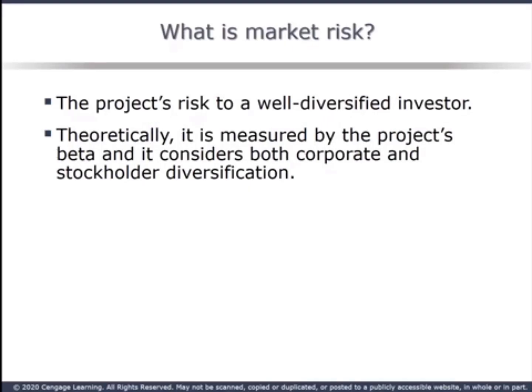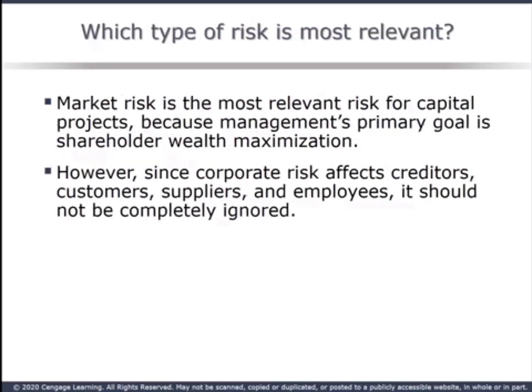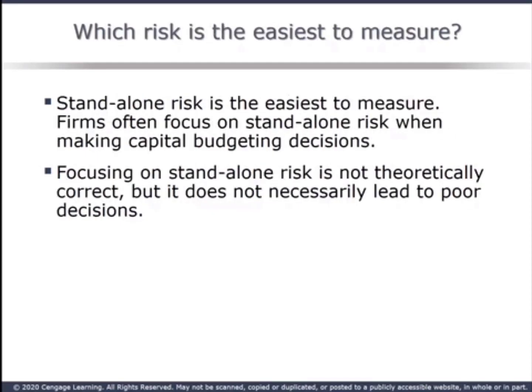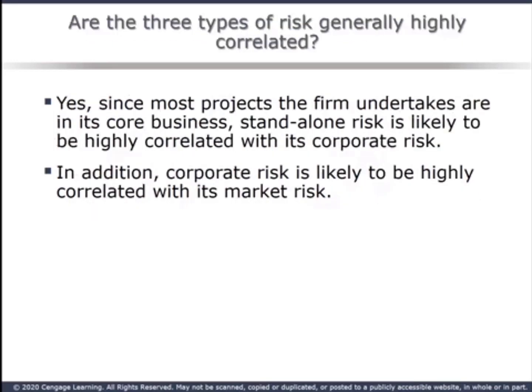Market risk reflects the risk to a well-diversified investor. Theoretically, it's measured by a project's beta, which is very difficult to determine. Market risk is the most relevant, but the most difficult to measure. Standalone risk is the easiest to measure, so is frequently the focus of decision-making. And though it's not theoretically correct, it's not necessarily wrong either. In truth, all three types of risk are quite frequently highly correlated, so focusing on standalone risk does not necessarily